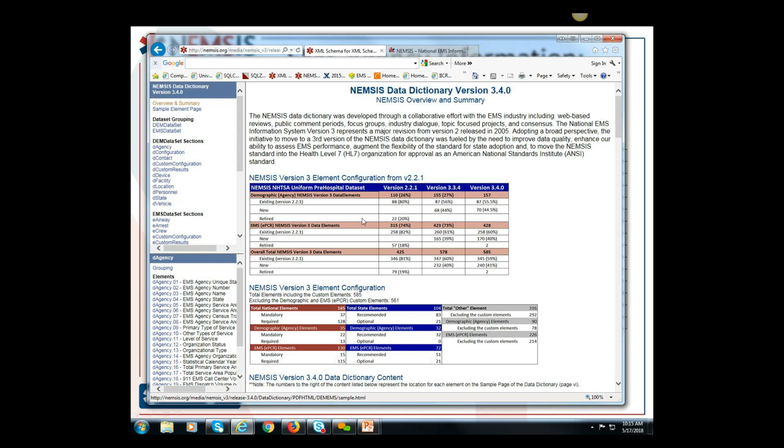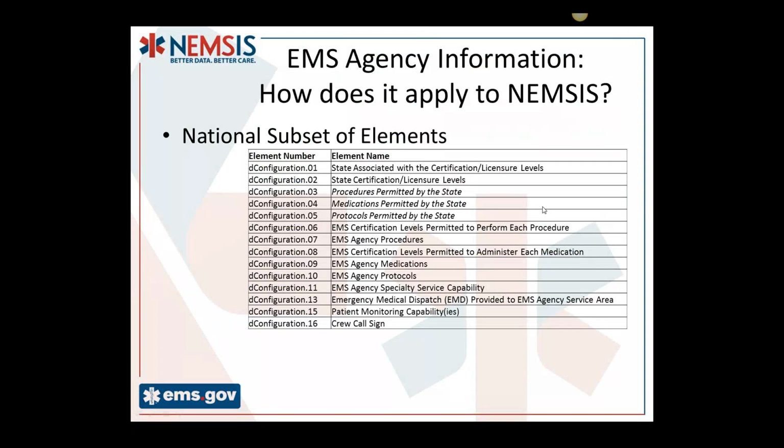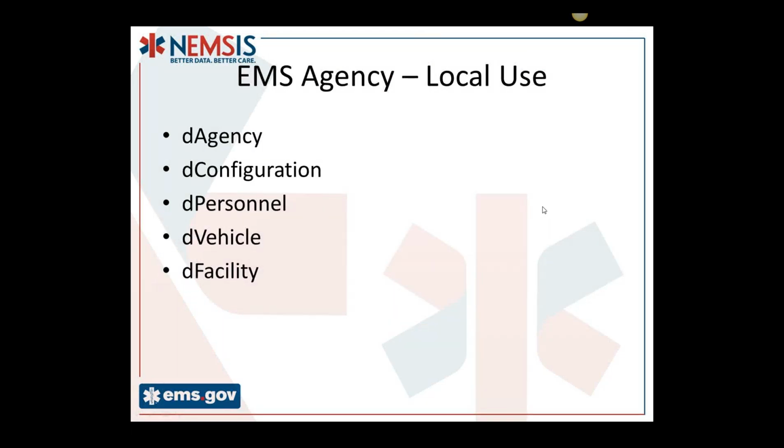And we retired some as well. So they've existed, but we've enhanced them and grown them a little bit based on stakeholder input. All right, so what I want to do here is talk a little bit about the local use of the